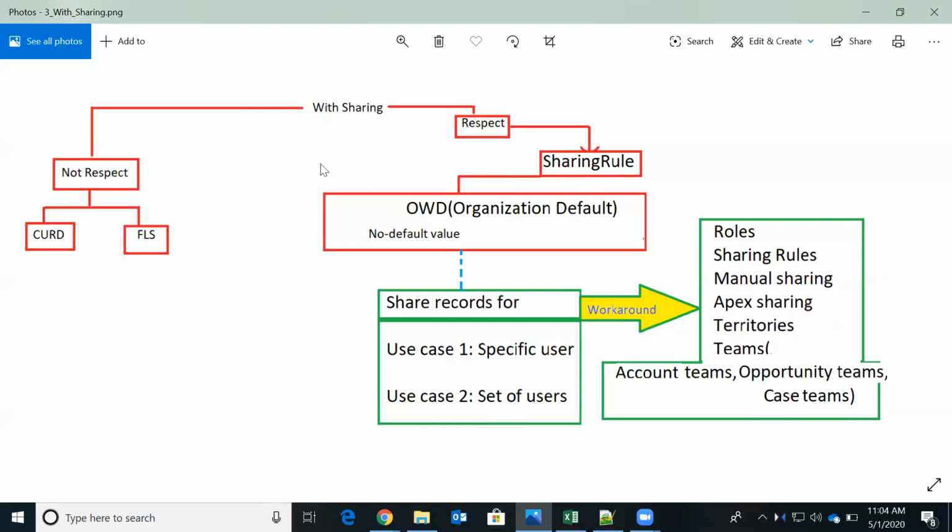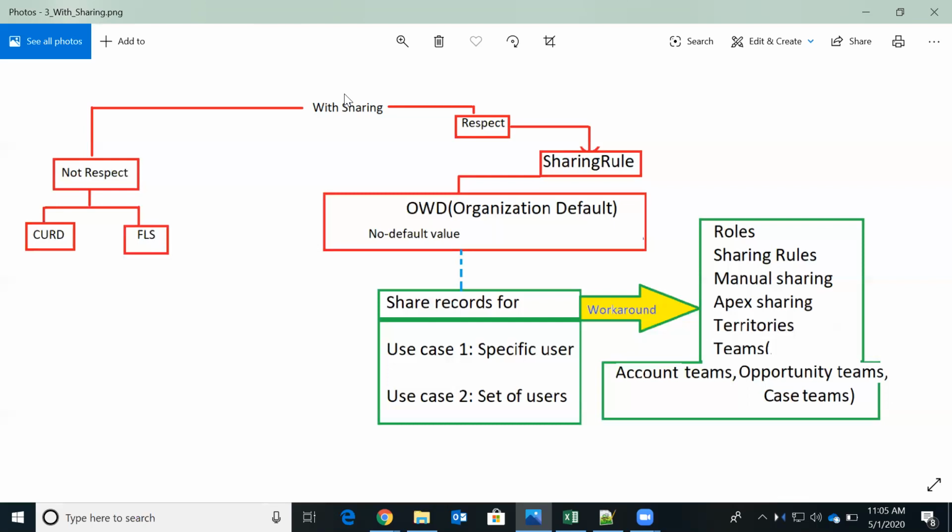So I think I tried to explain this very clearly. What is with sharing? In with sharing, what it respects and what it does not respect, or in other words, what it is considering and what it is not considering. In with sharing also, CRUD permissions plus FLS permissions will be ignored, meaning it will take the highest values.